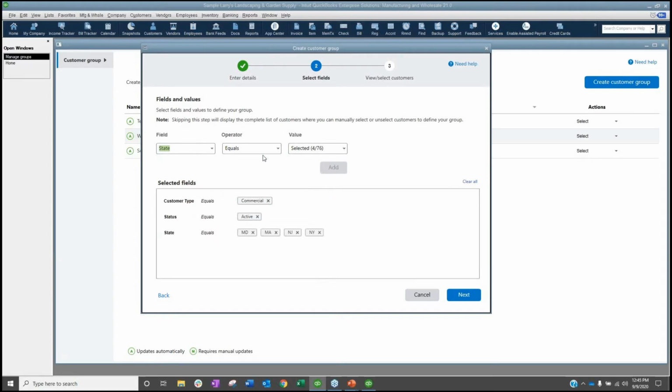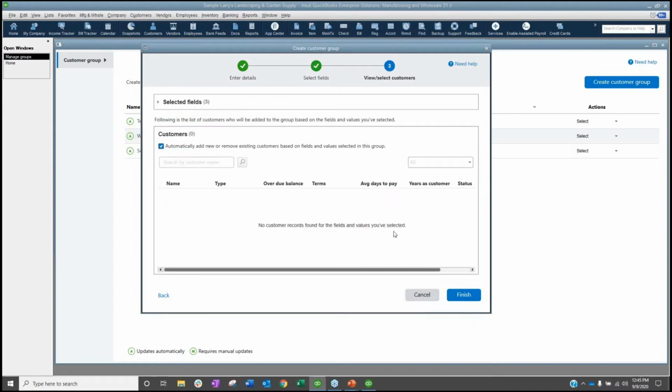This is just amazing to me that they're building things this way. And I can see based off this direction, all of the things that we're going to be able to do in the future, including some of the features I'm going to talk to you guys about. So I selected the fields, and then the next thing I do is I say, add these, view selected customers.